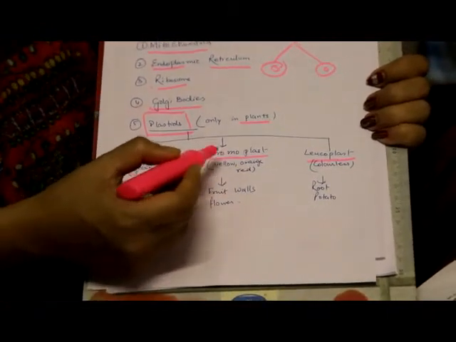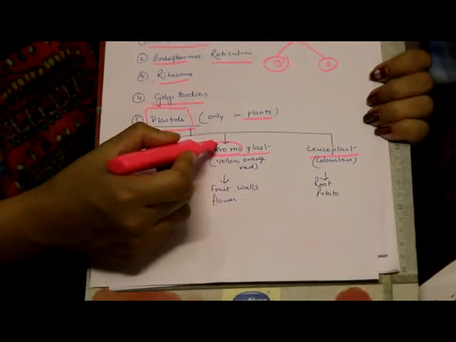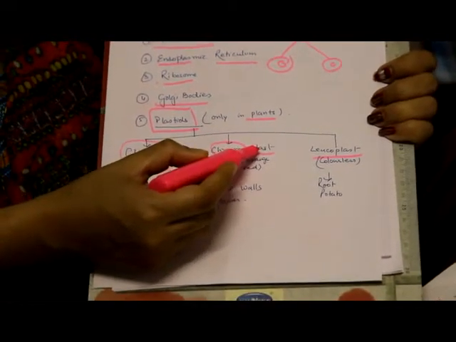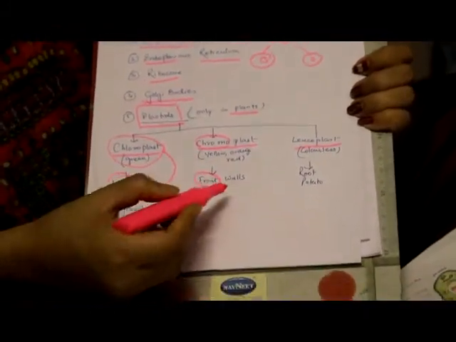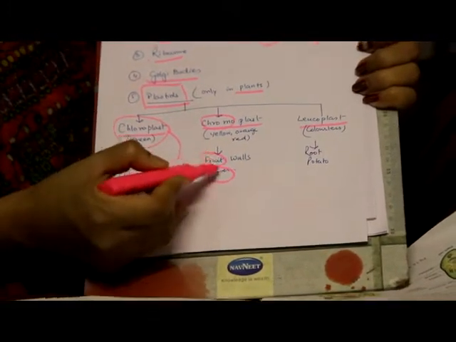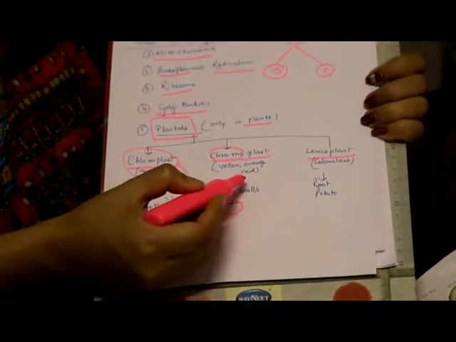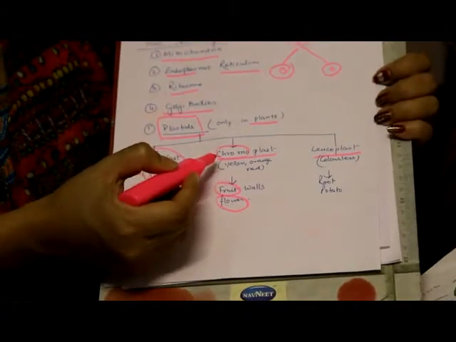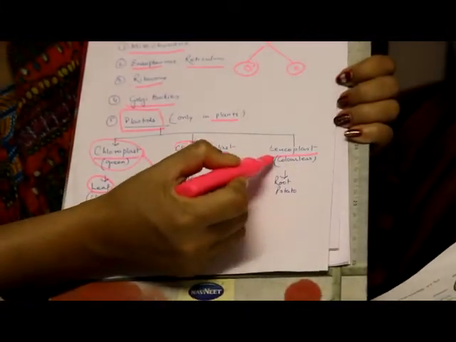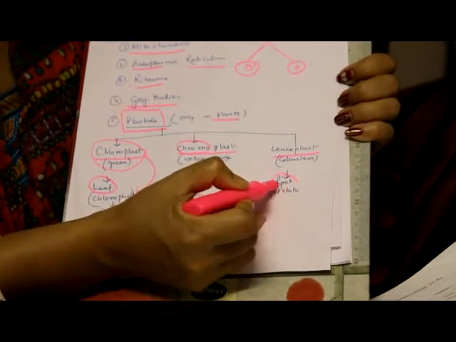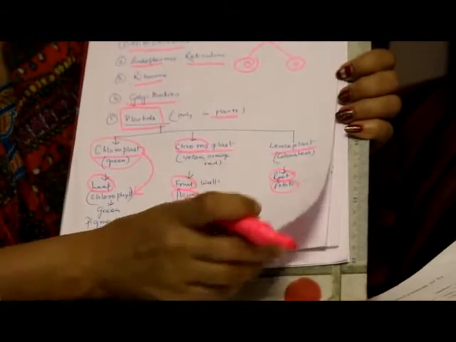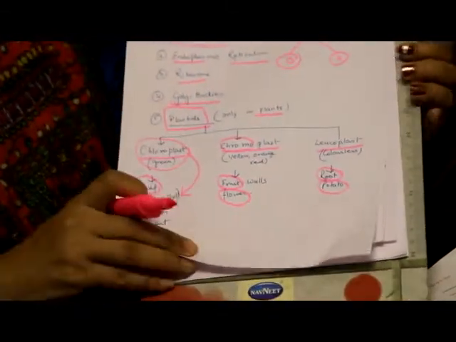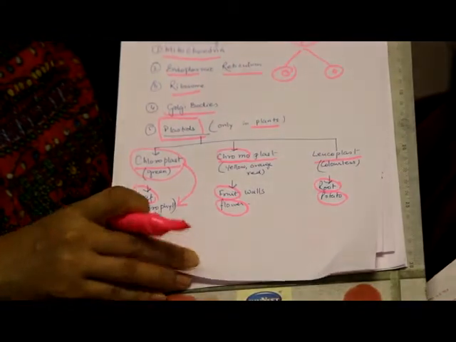Come to the chromoplast. Chrome means colored. So the chromoplast plastid gives the yellowish, orange or red color to the plant parts. Like if you see a lot of fruit walls and flower petals, they are mainly yellowish or orange or red due to the presence of chromoplast. And leucoplast is completely colorless, which we see in the roots, in case of the potato and different underground stems. So these are the three different plastids which we find in the plant cell only.